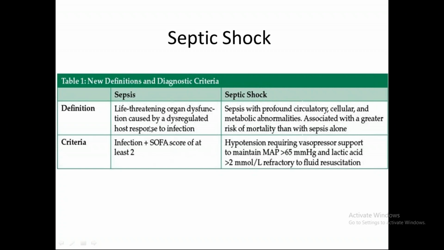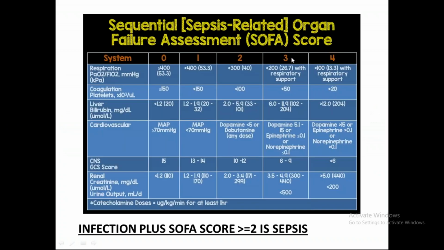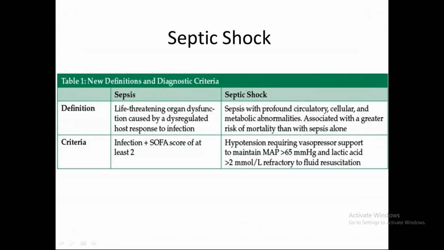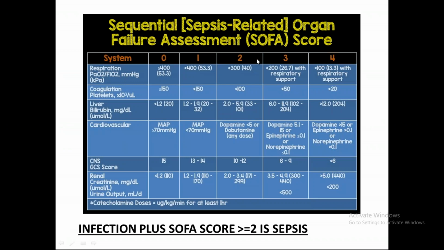There is something called a SOFA score. ठीक है, this is a big table which is nothing but SOFA score. SOFA is not the sofa you're currently sitting at, but this is the sequential sepsis related organ failure assessment score. This has various parameters and it has score, right? So sepsis is infection plus a SOFA score equal to or more than 2. This is sepsis, right? So okay, but ये टेबल बहुत लंबा चौड़ा है, ठीक है, हमसे नहीं हो पाएगा, तुमसे